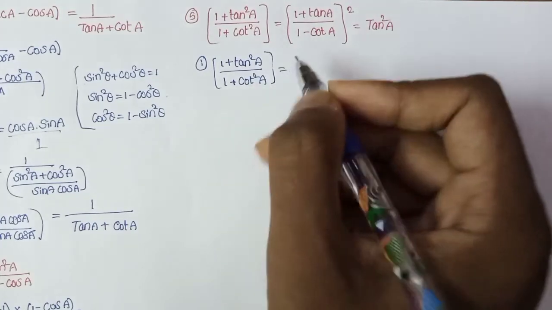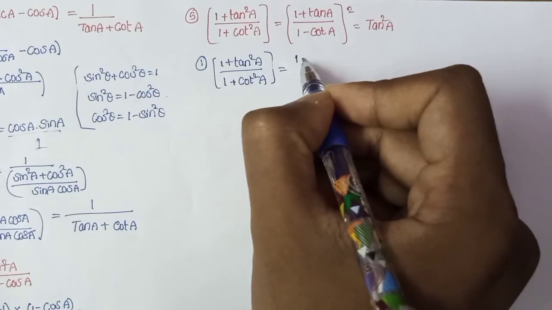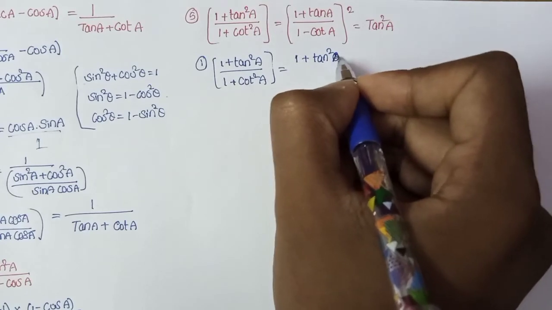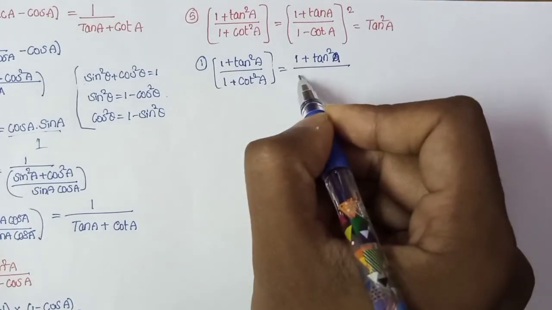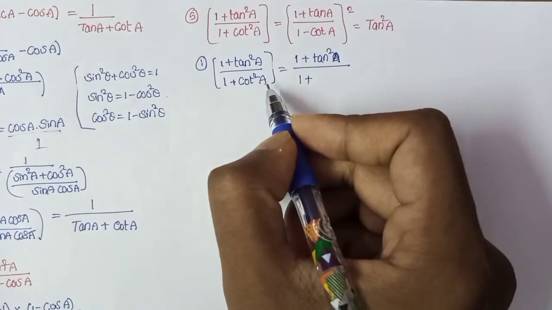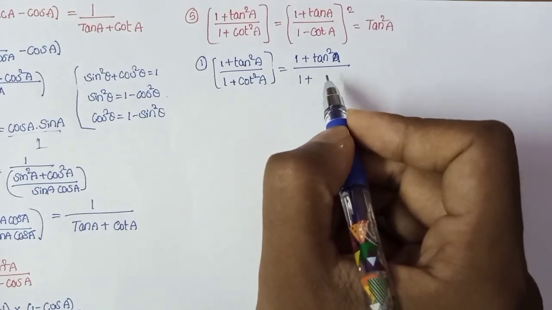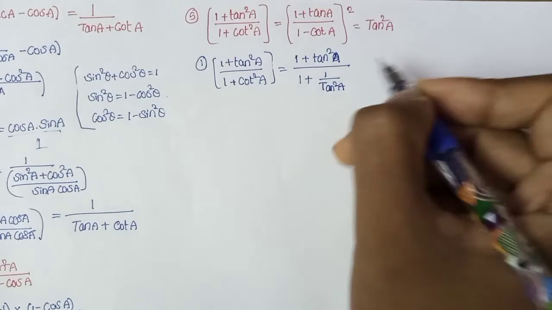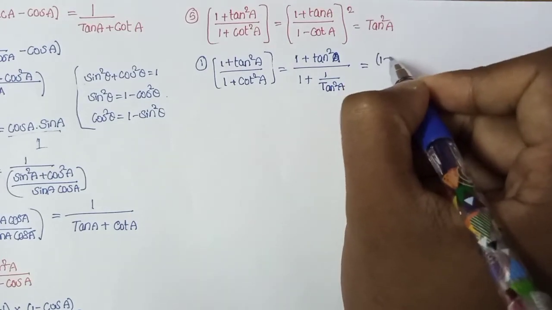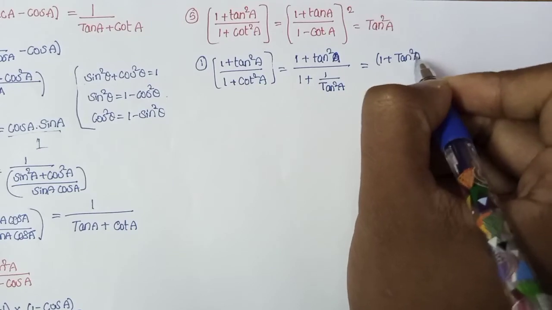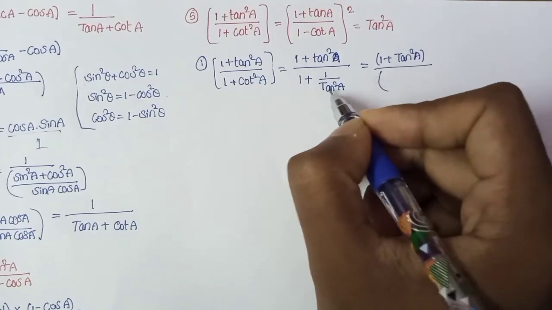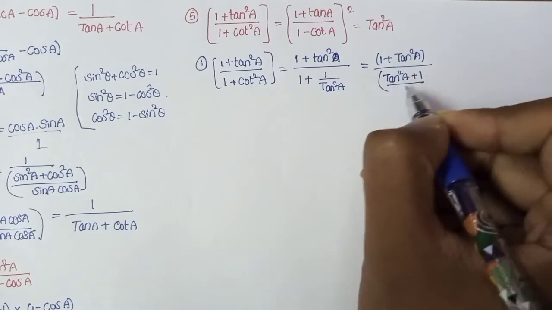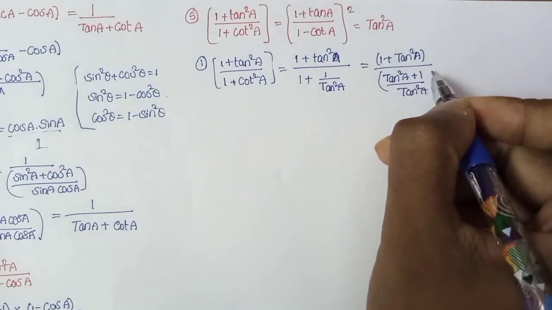We'll take this term. So here I'm writing the numerator as is, 1 plus tan square, sorry, not theta, it is A, divided by here 1 plus this cot, what can I write? Cot square A can be written as 1 by tan square A. So I can write it as 1 by tan square A, which is equal to what? 1 plus tan square A in the numerator as it is, divided by here the denominator is what? Tan square A. If you multiply this, what you will get? Tan square A plus 1 divided by tan square A.